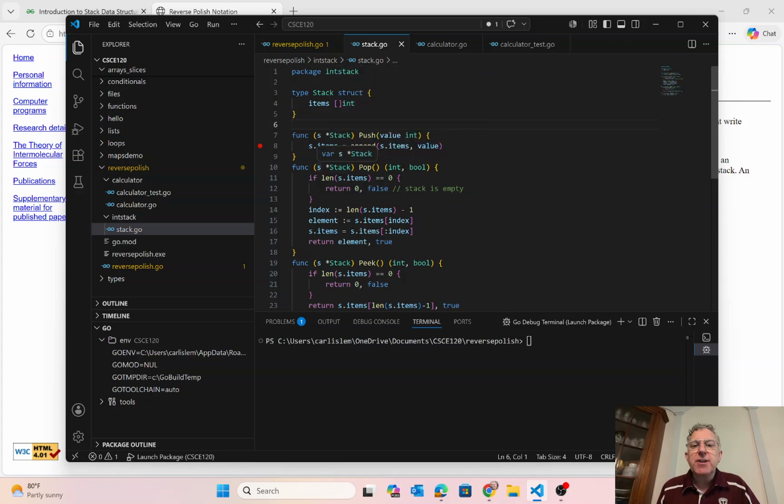Pop will check to make sure that we have some items. And if not, we'll return 0 and false because we aren't able to pop something if there's nothing in the stack. We subtract 1 from the length, and we update the slice. So the element is going to be the last thing in the slice, and then we update the slice so that it has everything except that last thing. So this colon means we'll go from 0 to index minus 1 inclusive,